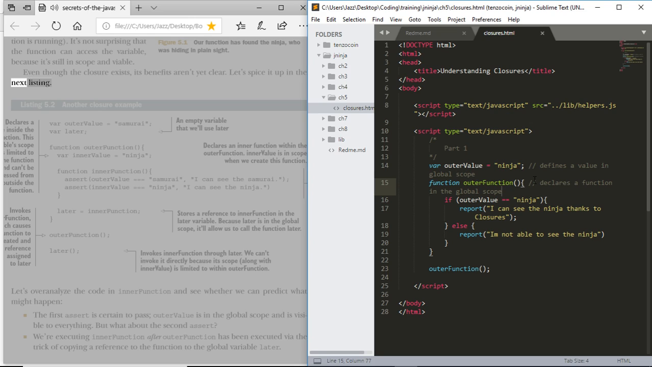Let's spice it up in the next listing. var outerValue = 'samurai'; var later; function outerFunction() { var innerValue = 'ninja'; function innerFunction() { assert(outerValue === 'samurai', 'I can see the samurai.'); assert(innerValue === 'ninja', 'I can see the ninja.'); } later = innerFunction; } outerFunction(); later();